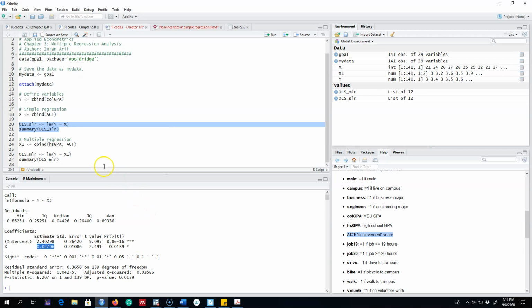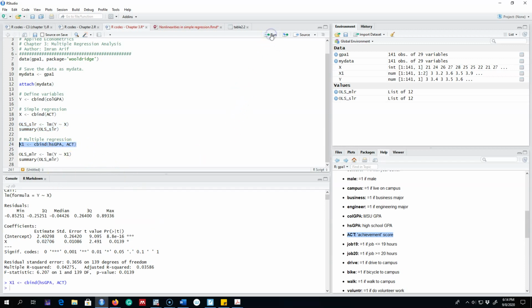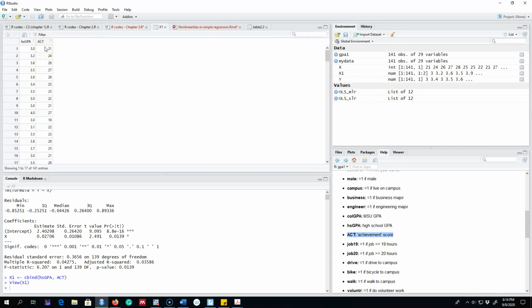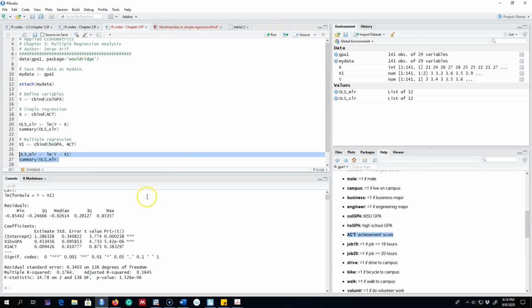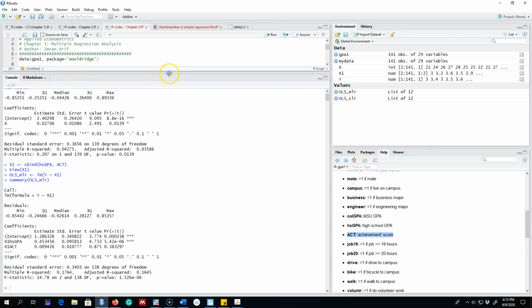So why not include other variables in the model as well? I'm going to extend this model by including two variables on the right hand side. The first is ACT as earlier, the other is the high school GPA, right? Because high school GPA is very important in determining the success of a student. So why not include that one in the model as well? We're going to regress this, and let's compare these two results. Again, the intercept is meaningless, so we are probably going to ignore this.